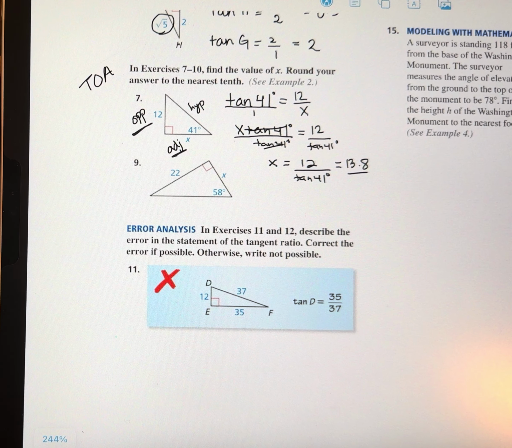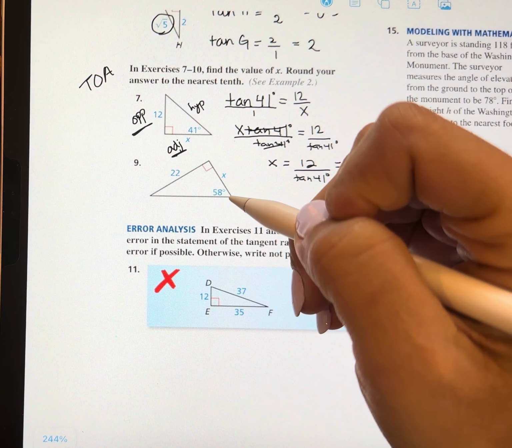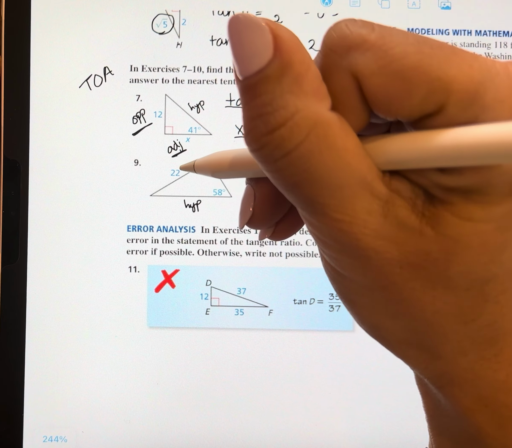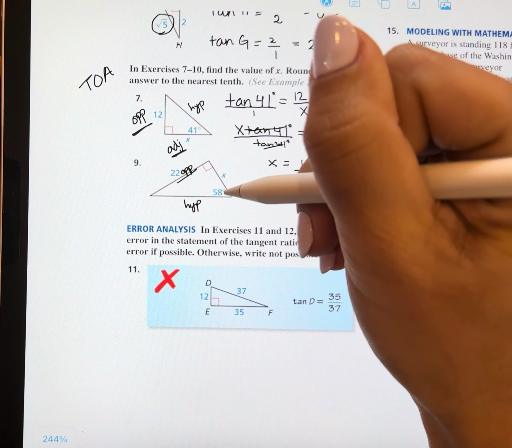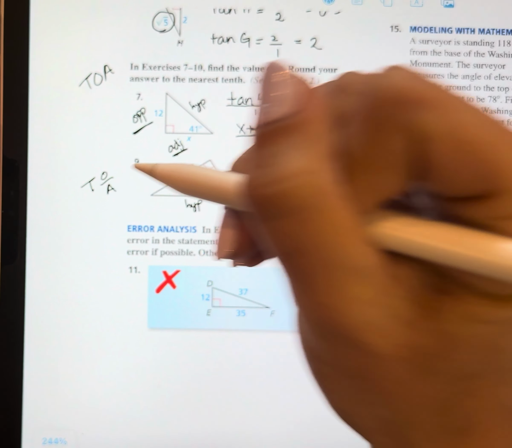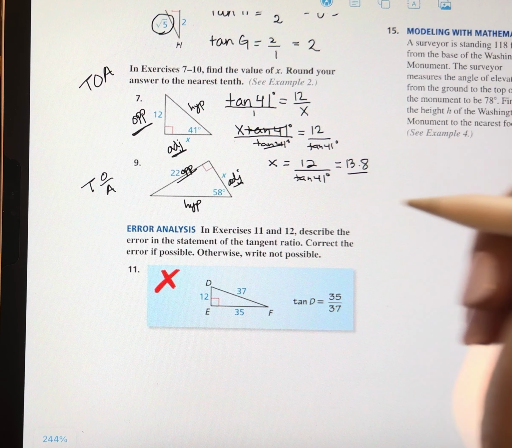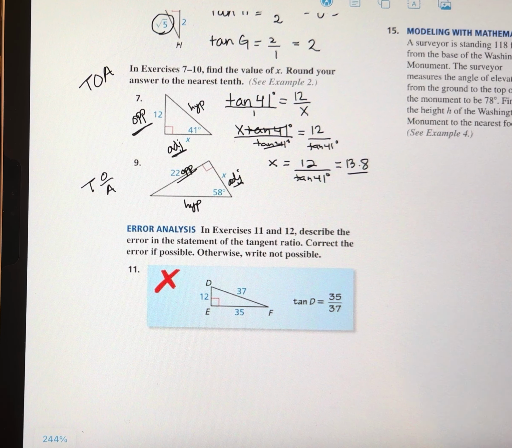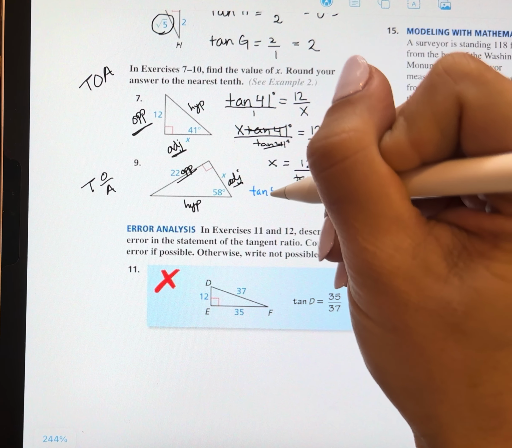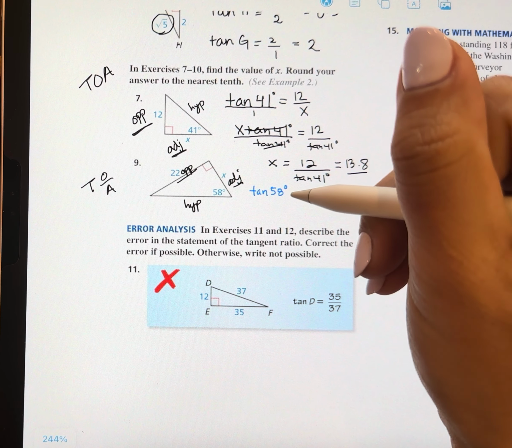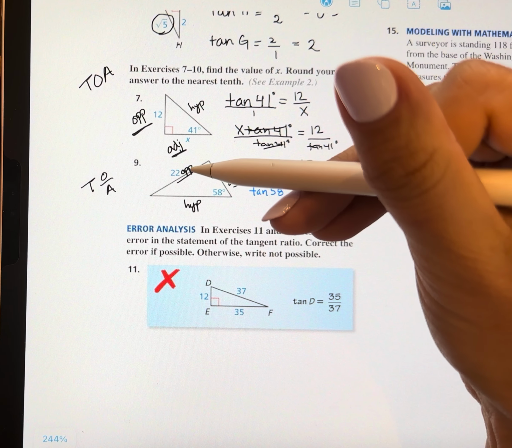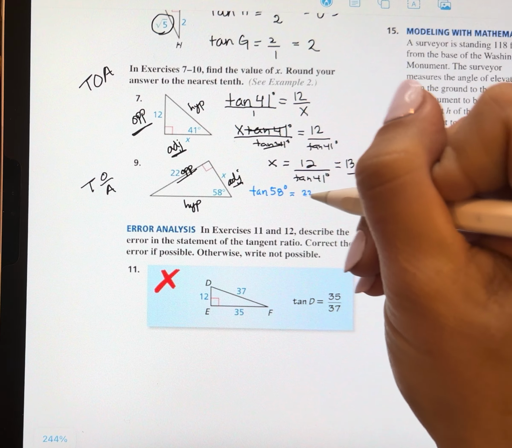All right, number 9. For number 9, they give me this angle of 58. Here's the hypotenuse. So I've got opposite and I've got adjacent. Opposite and adjacent tells me to use TOA, so tangent. Just so it doesn't get mixed up with the other color, I'm going to write it in blue. Tangent of 58 degrees. Always an angle goes into sine, cosine, and tangent, is opposite, which is 22, over